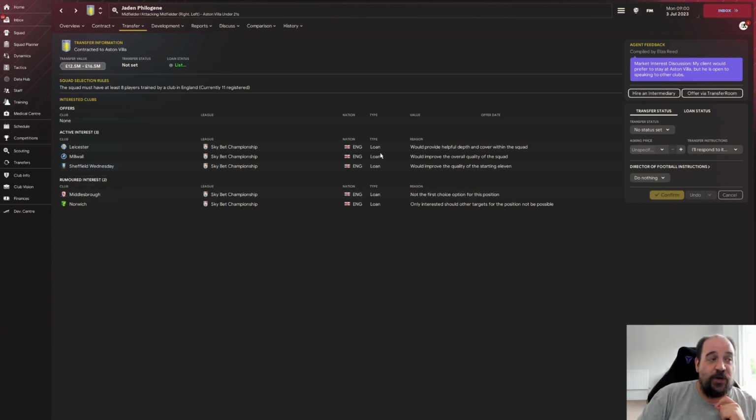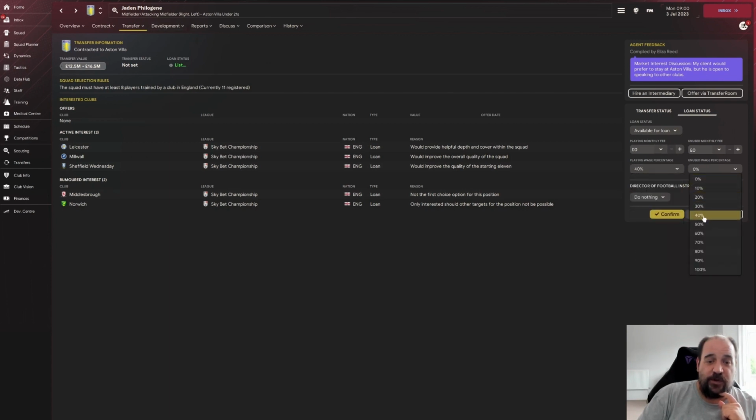Now, what they may want to do is, if we go to his loan list, so he is available for loan, we want 40% and 40%. We'll leave the director of footballs doing nothing, and we'll confirm that. Now, that's not deterred anybody, so that's useful. We're not going to hire an intermediary or offer via transfer room yet. But yeah, there is interest in it. So we might be able to get a kind of loan where there's a mandatory fee that they pay 15 million for him in the future or something like that. So we're quite happy